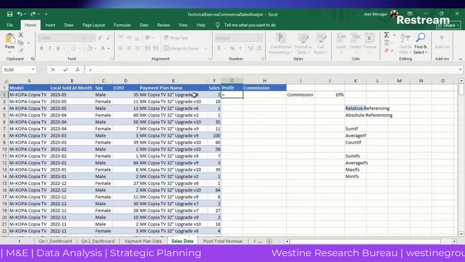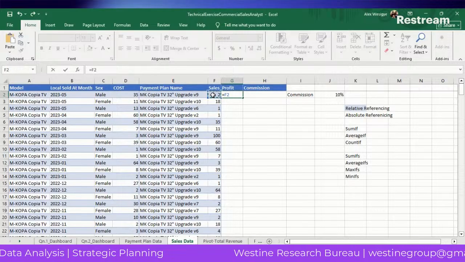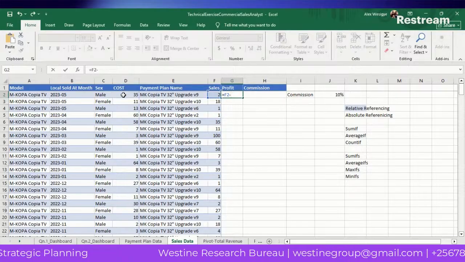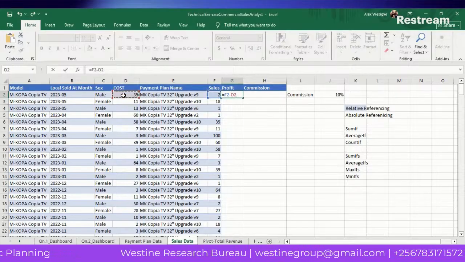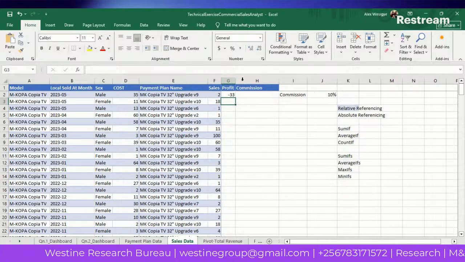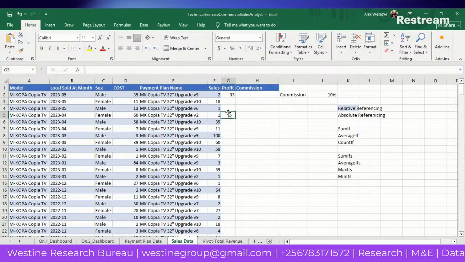So sales is this one here. You put the cursor here, then minus the cost. That is very simple. If there's a minus, those people are making losses. Sorry for them. All right, so